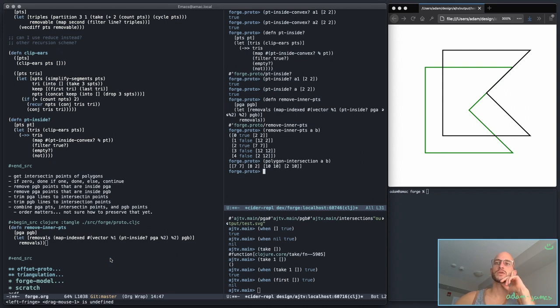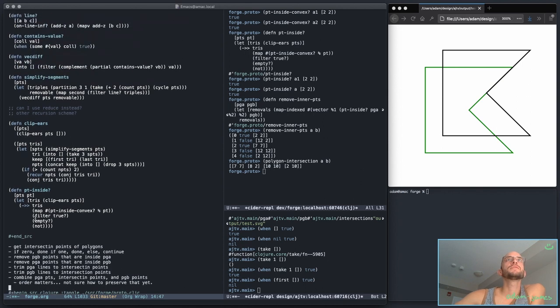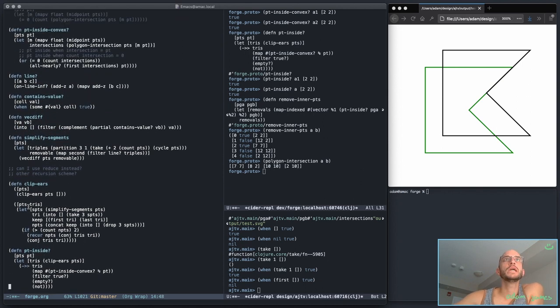Then my question would be, can I find the convex hull polygon of those points? And I do believe there is a way to do that, but in order for me to see if that makes sense, I'm going to make this function get that list for a minute. And I have this little helper here, vectif, and